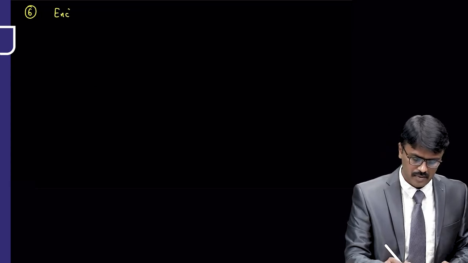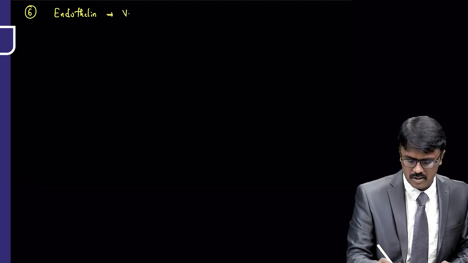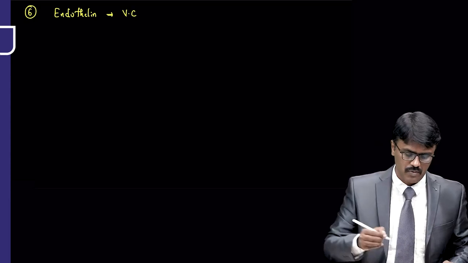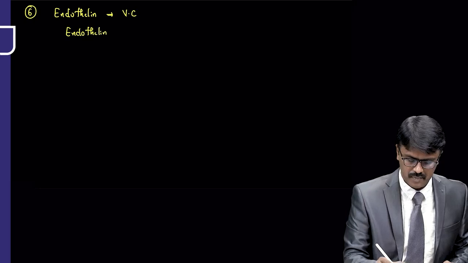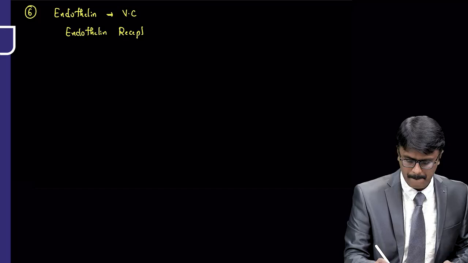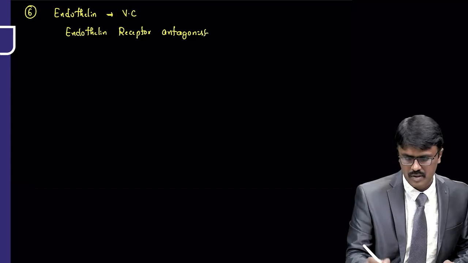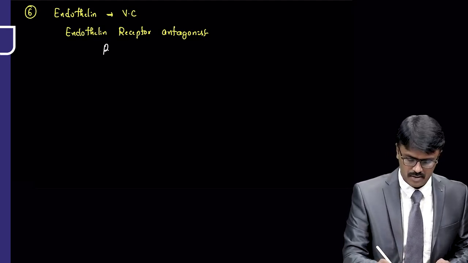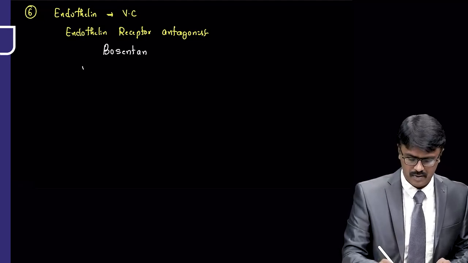Number 6, we have something called endothelin in the circulation. This endothelin can cause vasoconstriction. So if I want to use a drug for pulmonary hypertension, I have to block this. So we have endothelin receptor antagonists, and the names are bosentan, then ambrisentan,